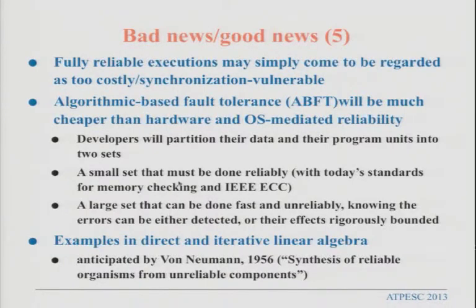And then a large amount of work can be done fast and without guarantees of reliability, knowing that errors can either be detected or, in some cases, you may have enough domain knowledge to know their effects are rigorously bounded. A spike in a diffusion equation, from one point with a bit flip in the exponent, may instantly, in 3 dimensions, be gone in a couple of iterations. Examples of direct and iterative linear algebra abound. In fact, in 1956, von Neumann wrote a paper called The Synthesis. In fact, he gave 5 hours of lectures at Princeton on the synthesis of reliable organisms for unreliable components. I have an extremely hard time reading this paper, but the guy who invented digital computing and gave us our modern architecture provided for much less reliability than we have today